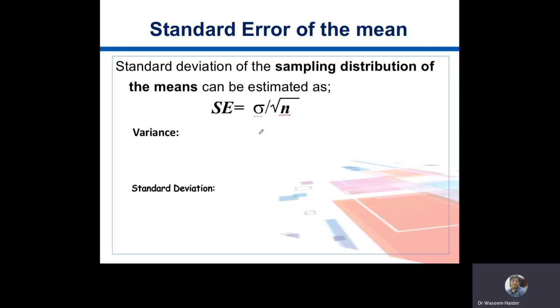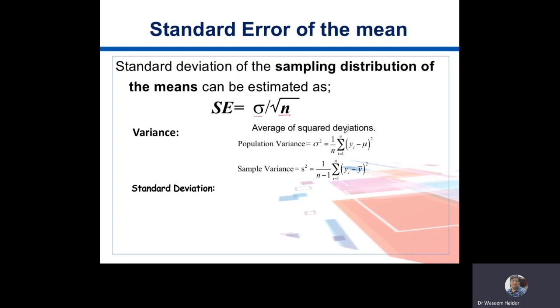How did we get this standard deviation? Recall your concepts. Initially we wanted to calculate the average of deviations, how each observation deviates from the mean within a sample. But we were unable to get that, because the sum of the deviations becomes 0. So we ended up with this thing called variance. What was that? The average of squared deviations.